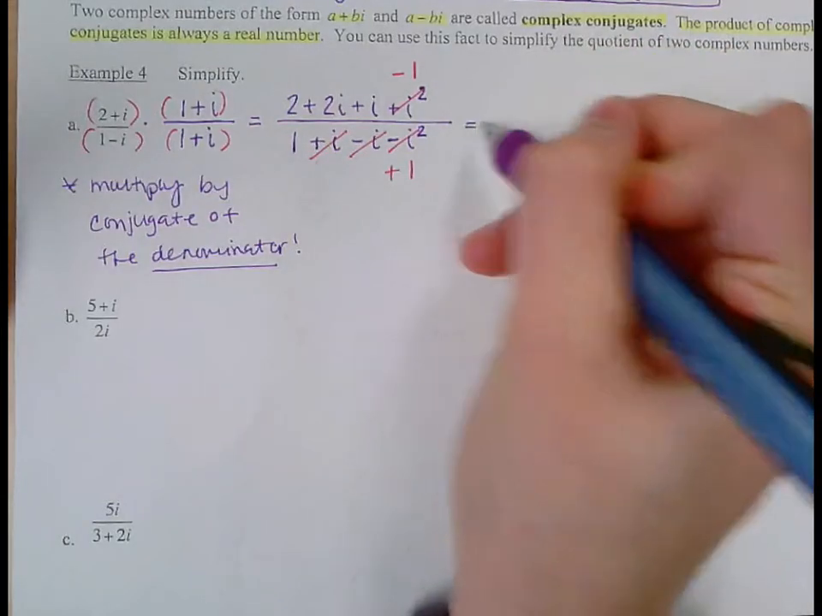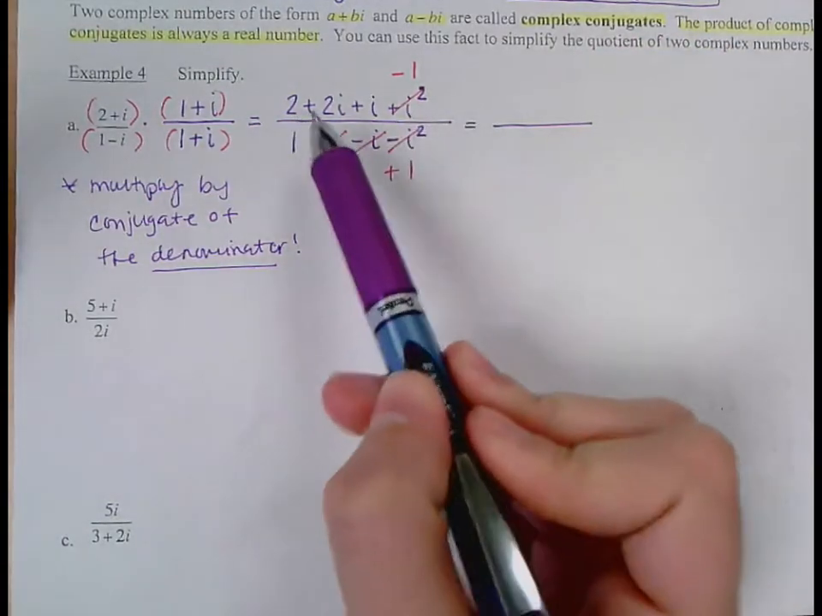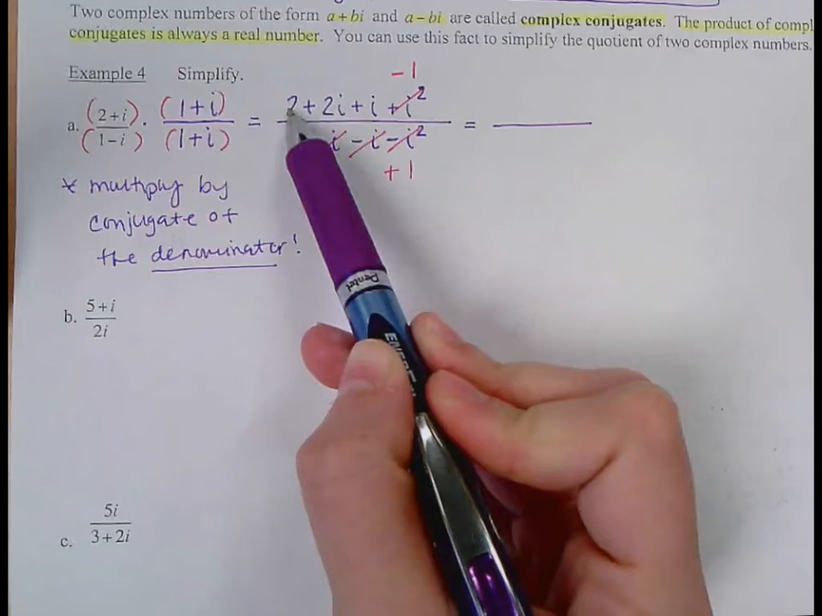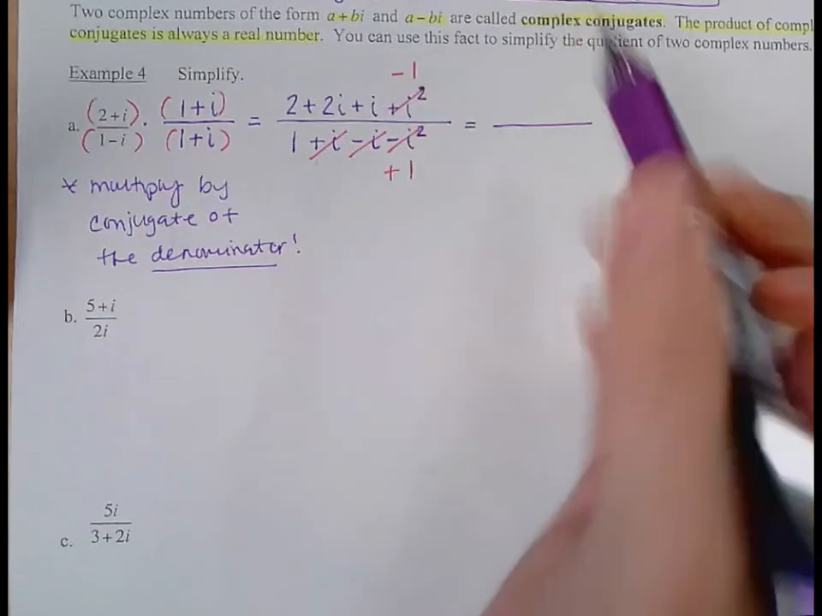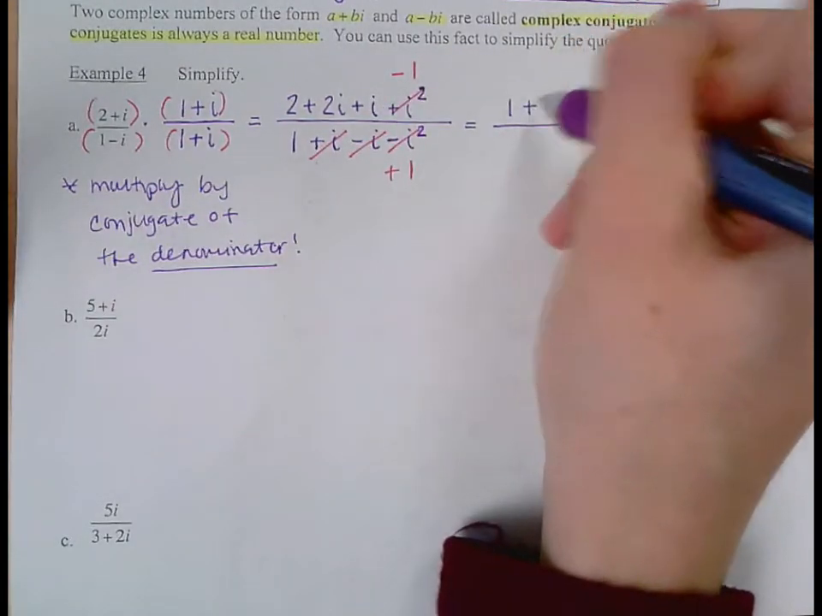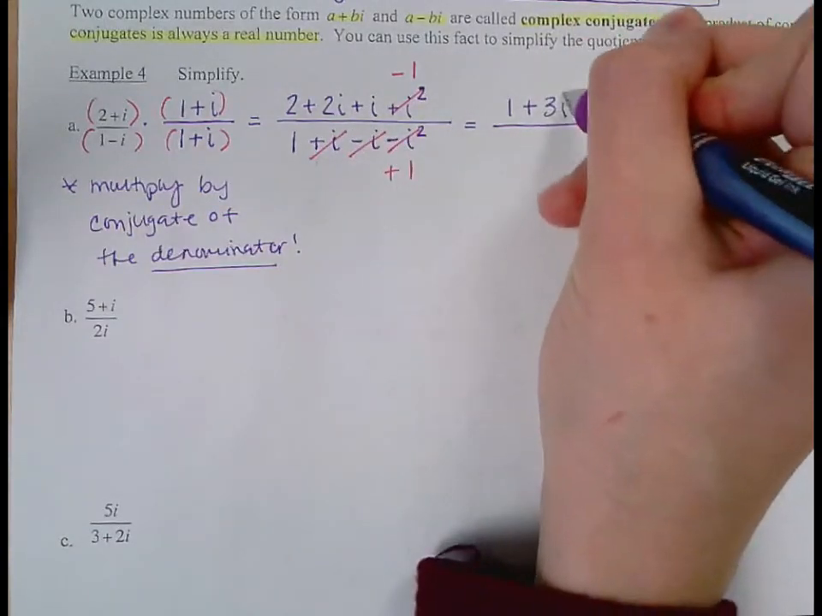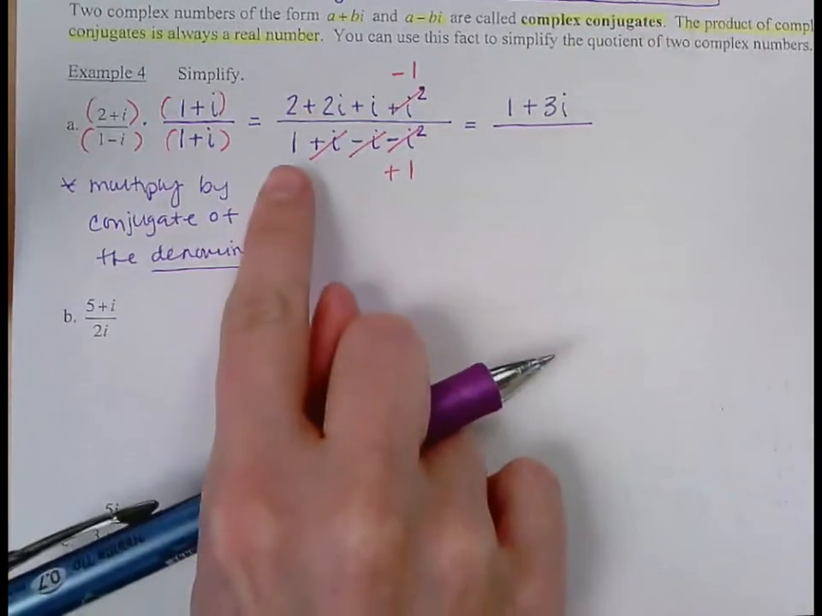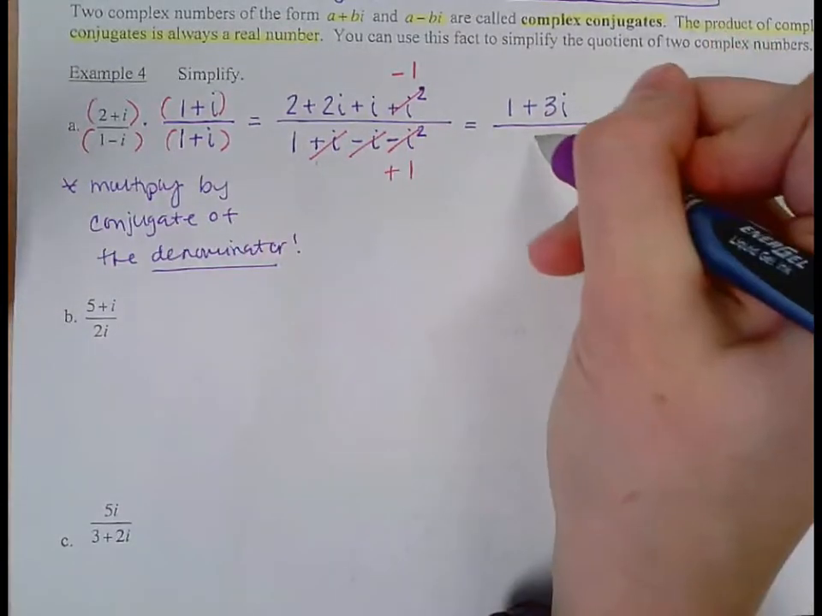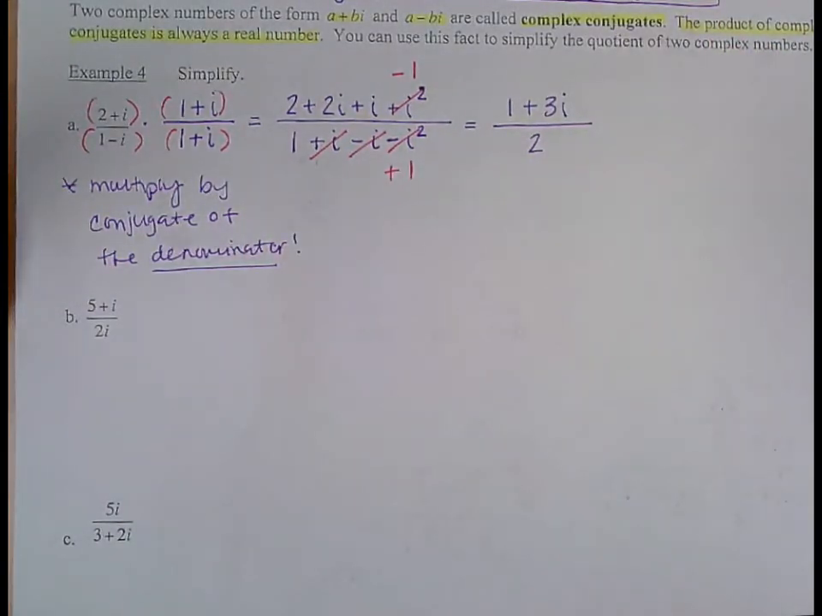So here's what I have. On the top, I can then combine the 2 minus 1 that I have, and that's 1, plus my 2 middle terms, 2i plus i is 3i. On the bottom, I have 1 plus 1, and that's 2. So the bottom is now a real number. The i's are gone. That's what happens when you multiply by a conjugate, and you cannot have i in the